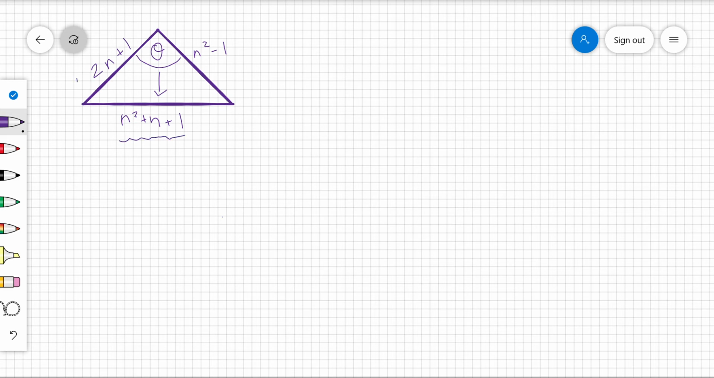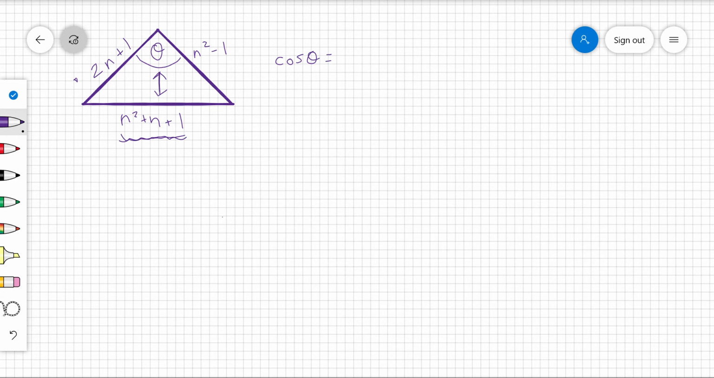And this side over here is 2n plus 1. So if I double something, that's going to be smaller than squaring it. So here's my longest side, so this angle here must be my largest angle. Now, I don't know if it's a right angle triangle or not, so I certainly can't assume it is. So therefore I'll use cos